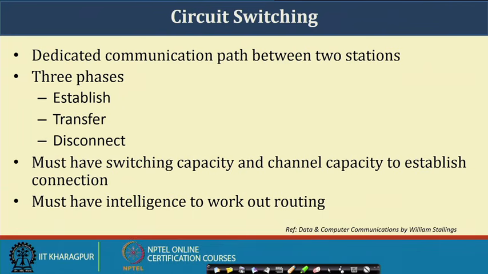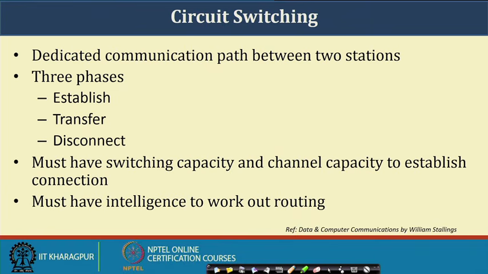That means it is a blocking thing. Unblocking or non-blocking means I have enough resources to handle, that we will look at this. So circuit switching must have switching capacity and channel capacity to establish a connection, right. It should have switching capability, that means that number of paths are free, and not only that, the data being carried by the channel should also have the capacity to carry the information of the data. So it should have both channel capacity and